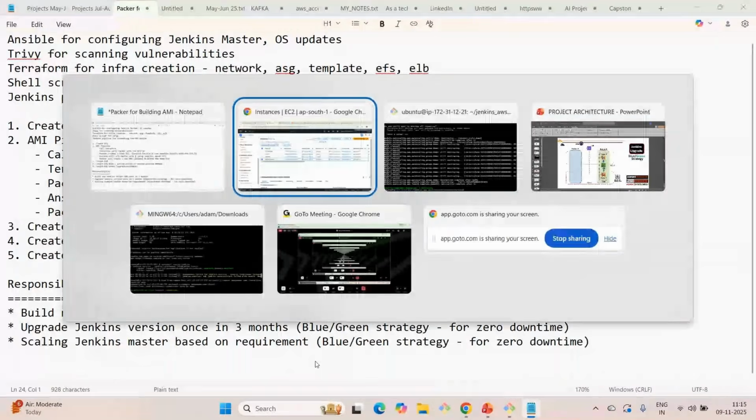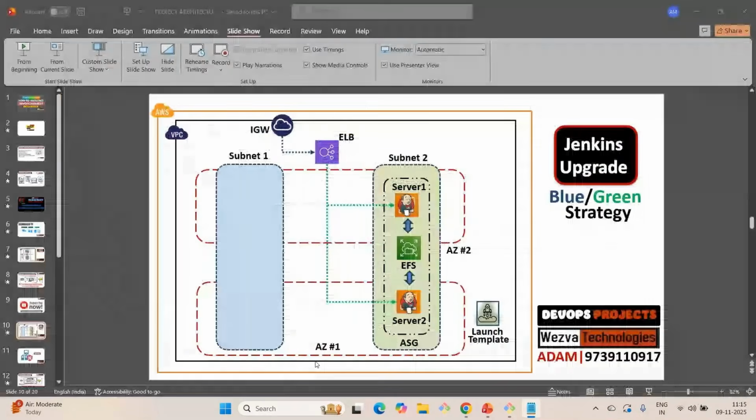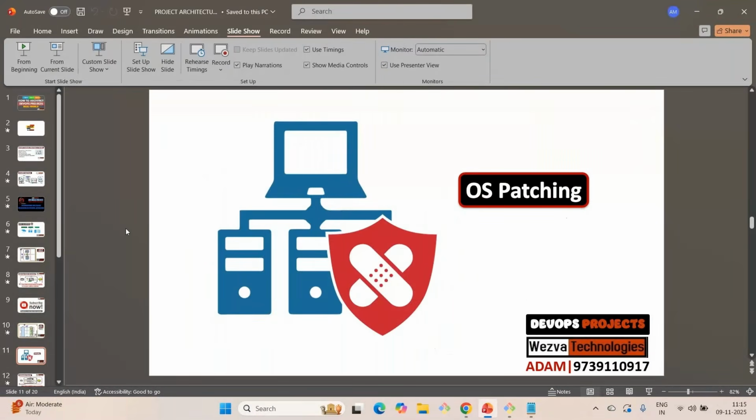Okay. So we saw the blue-green method of upgrade for both the Jenkins version upgrade and scaling Jenkins. But the next thing we have is security. And typically